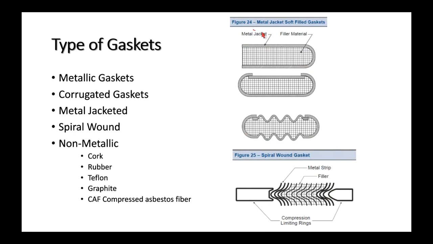But actually, this is what I was thinking of. Metal jacket, soft filled gasket. No, actually, I was thinking of this here, spiral wound gasket. These here, very, very important for us. I have seen these used for boiler manhole. And also very important for